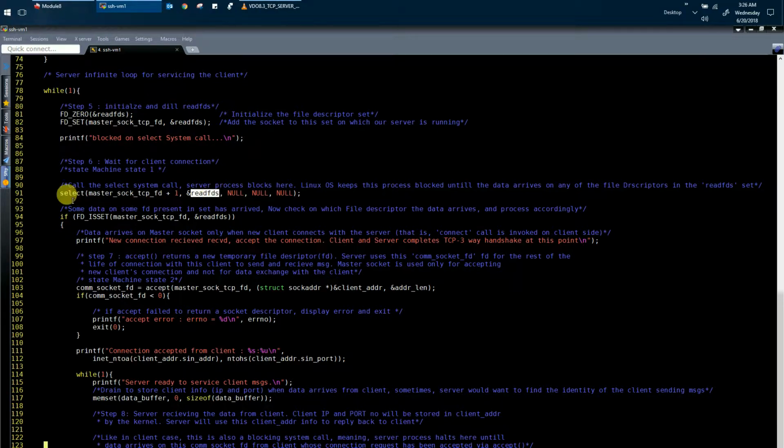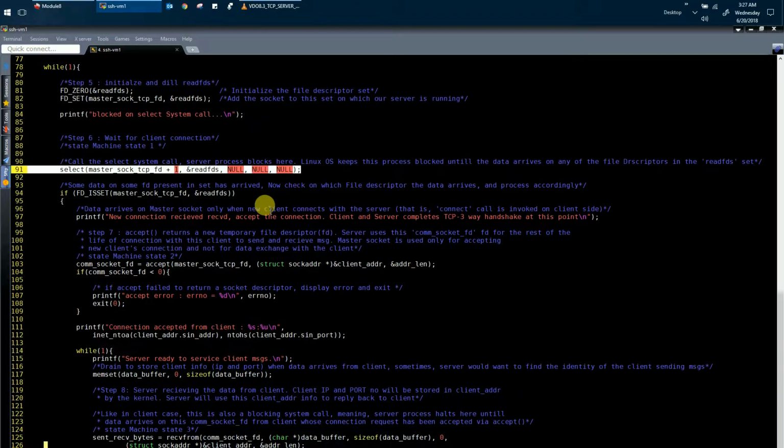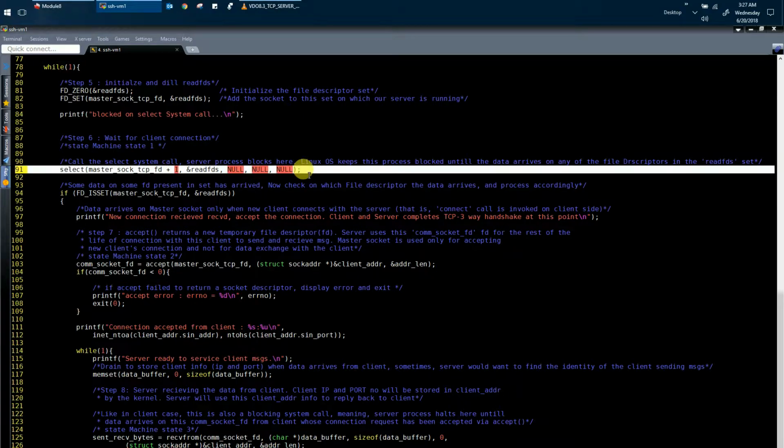So it means that the select system call is monitoring only the master socket file descriptor, and because only the master socket file descriptor is being monitored, the select system call is blocked until a new client connection request arrives at this server. Right? So our server is blocked at line number 91. Now let us say at some point in the future, some new client sends a connection initiation request to our server. When this happens, our server process will get unblocked from line number 91